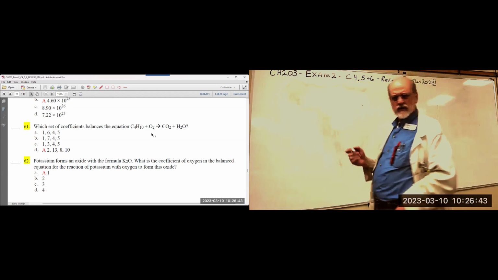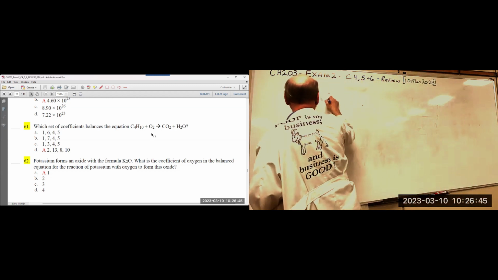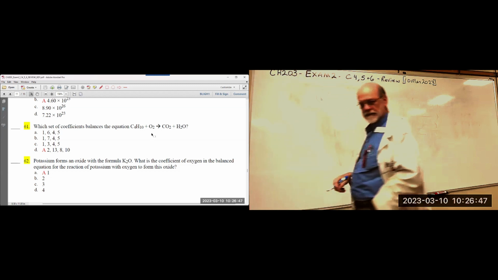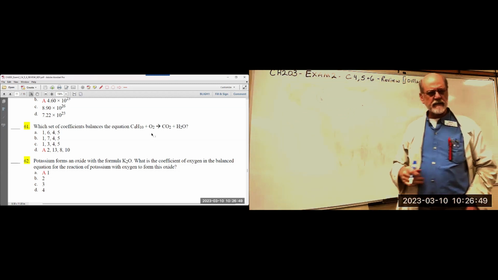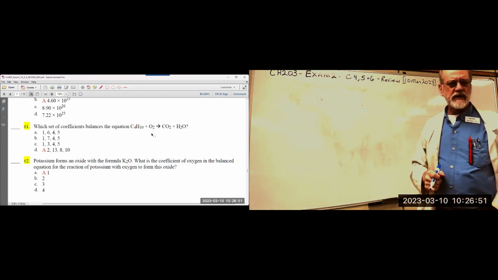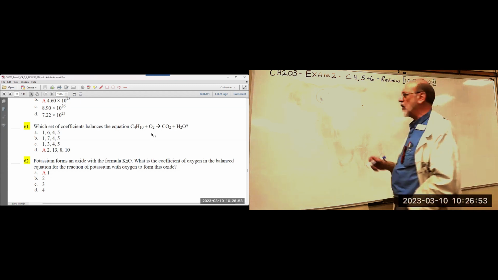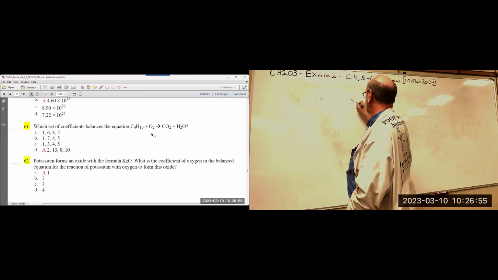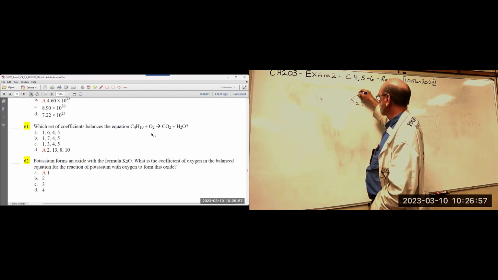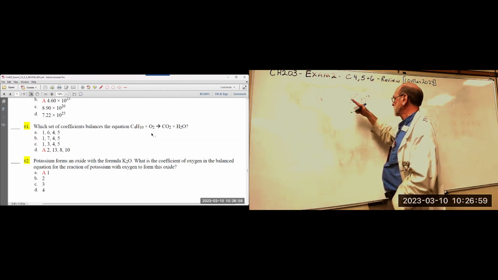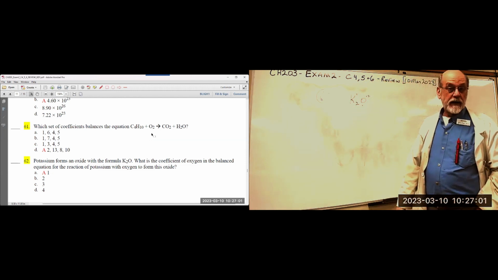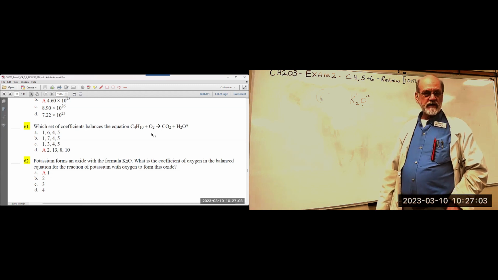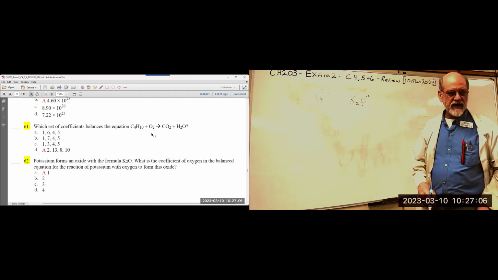Okay, 62. This one's starting to run out of steam too. Potassium forms an oxide with the formula K2O. That's true. +1, -2. There you go. What is the coefficient of oxygen in the balanced equation of the reaction of potassium with oxygen